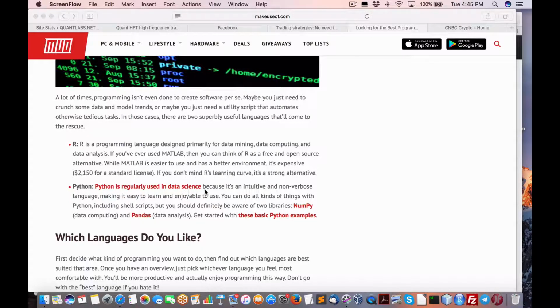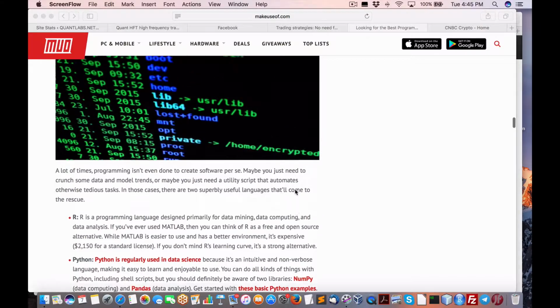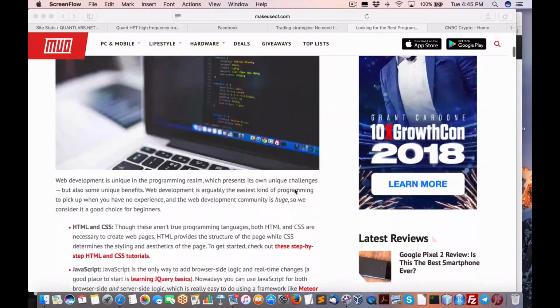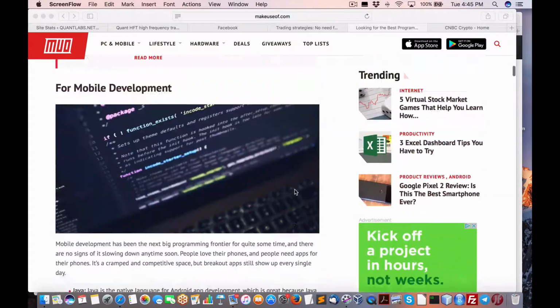regularly used in data science. I think that's a standard. The same thing can be said with machine learning, as well as cryptocurrency stuff, and as well, we've already talked about web development. It's decent in that realm as well. So that's why I like Python.